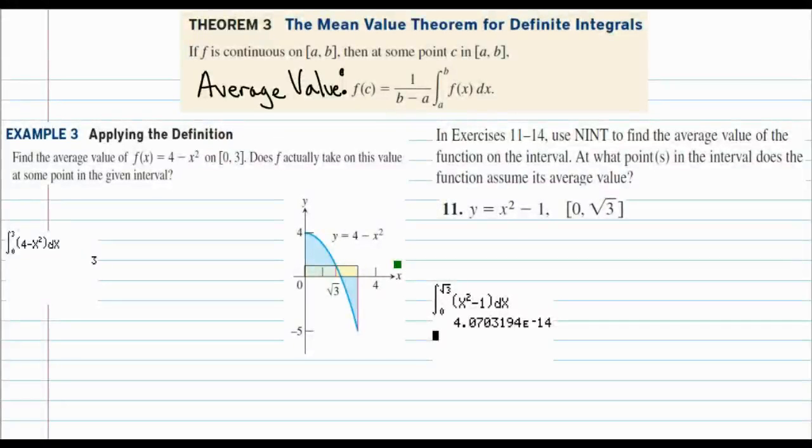This is a screencast for section 5.3, example 3, theorem 3, the mean value theorem for definite integrals. Mean value theorem right here. Another one of those theorems that you've got to know what it is, what it means, how to use it, etc. If f is continuous on [a, b], then some point c in [a, b] is the average